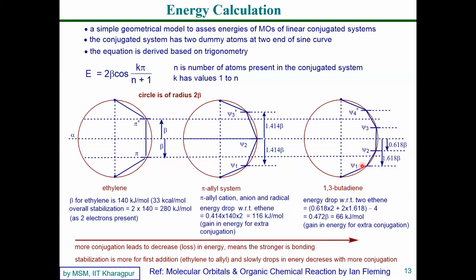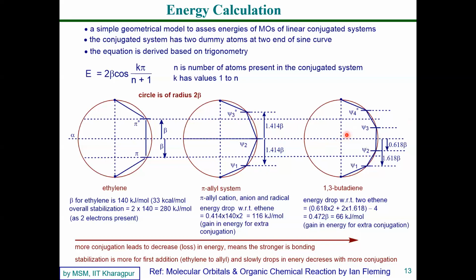So if you compare isolated ethylene versus combining them in a linear way, what we understand is that more conjugation leads to a decrease or loss in energy. If you keep on adding more, the amount of energy you gain will be decreasing. We gain energy, but the amount decreases. Otherwise you could keep on adding and get a really narrow band gap for many semiconducting materials. It doesn't work in a linear way.